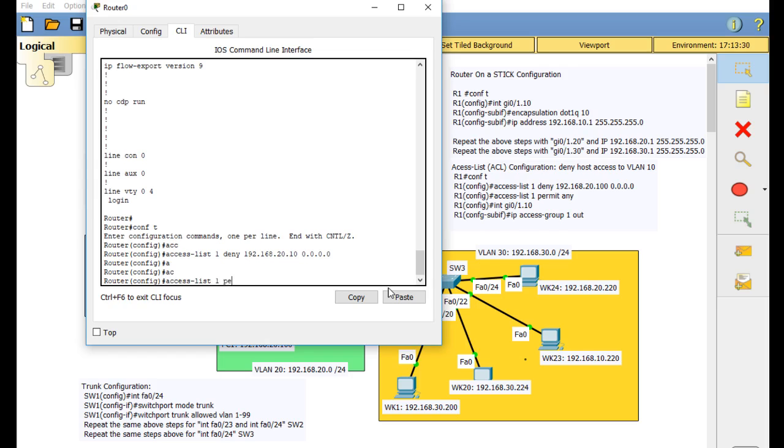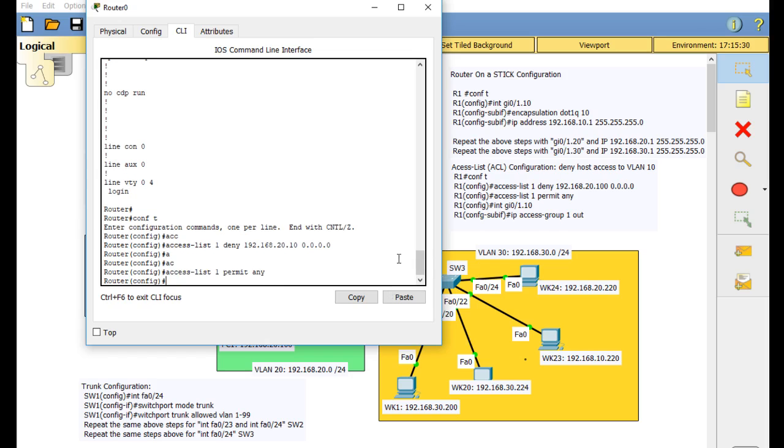Access list 1 permit any. In other words, I don't want to deny everybody. If I don't permit any, then it will deny everybody. So I don't want to do that. I only want to deny this PC only. Okay, now once you finish that, you need to go to the sub-interface of that VLAN and then make it a group, 1 out. So